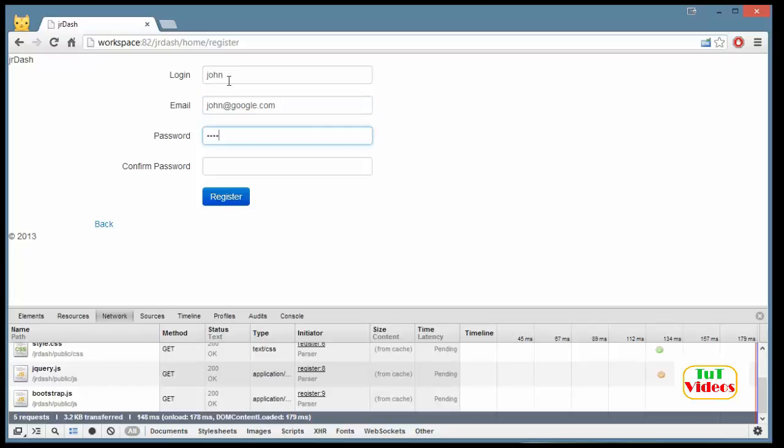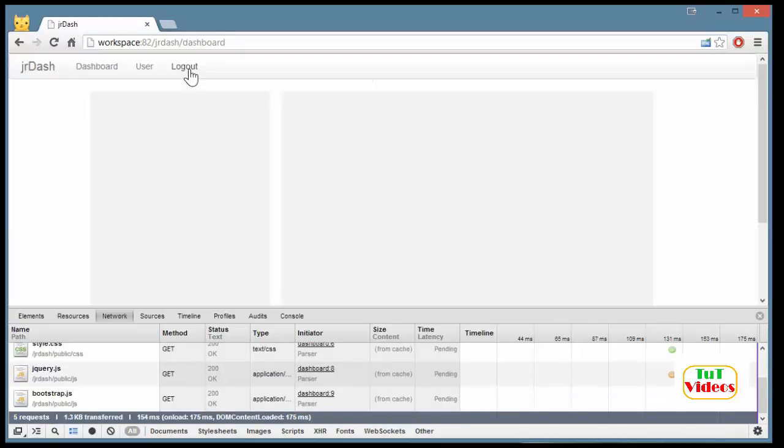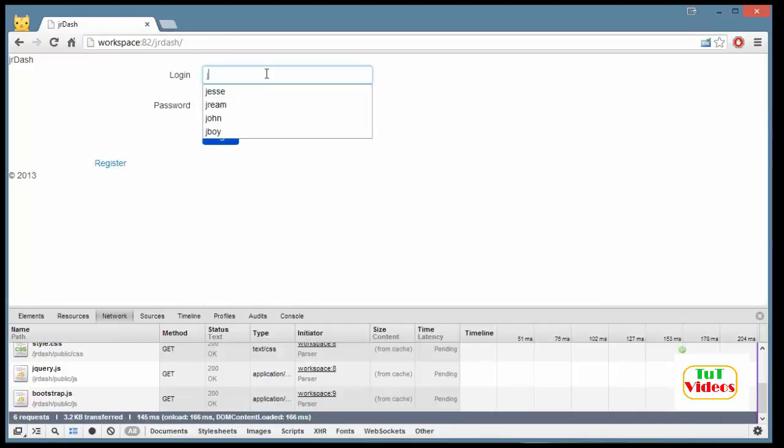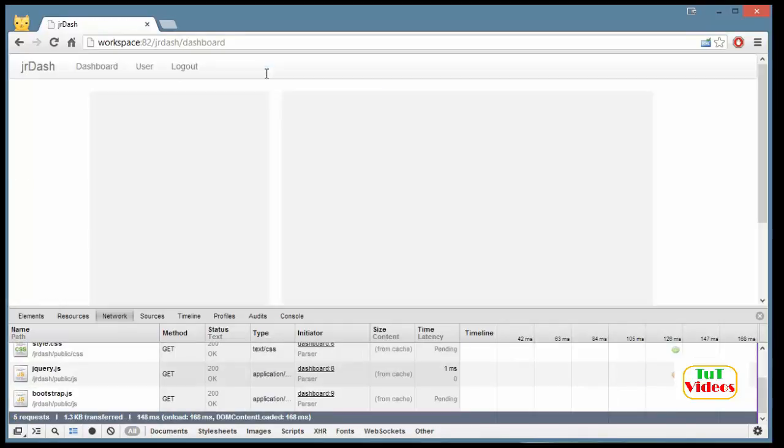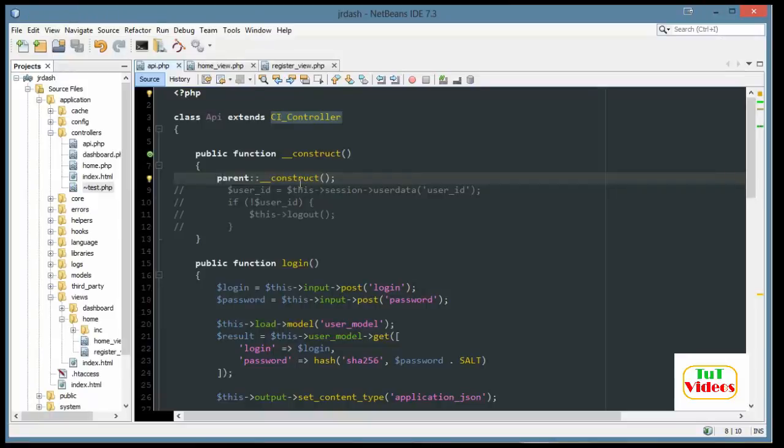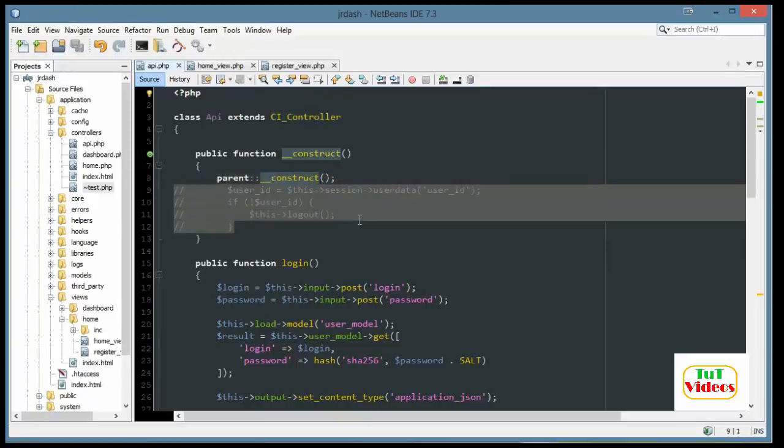john@google.com, and his password will just be test. Register, and he's logged in. And just for safe measure, I'll try John and test. Okay, so that works with the API. Now, with this little portion here,